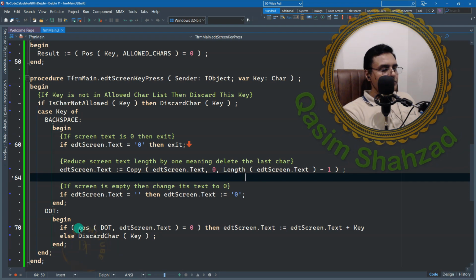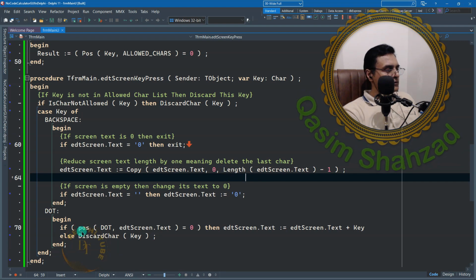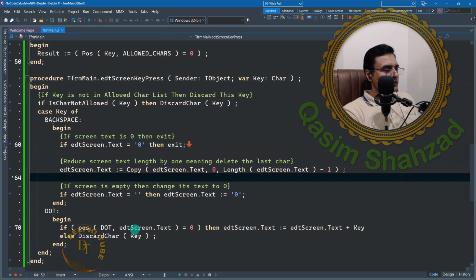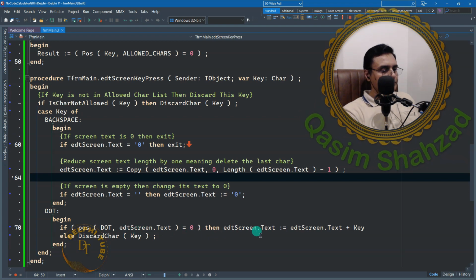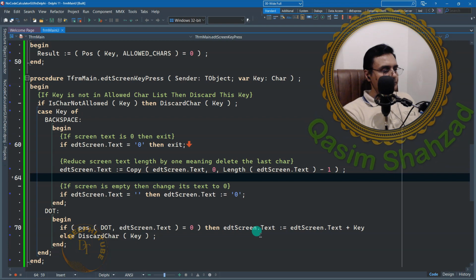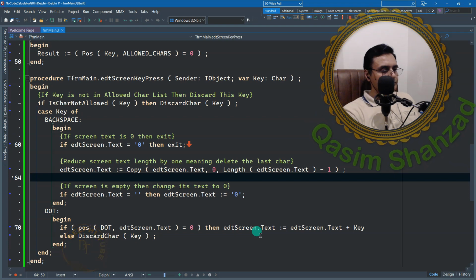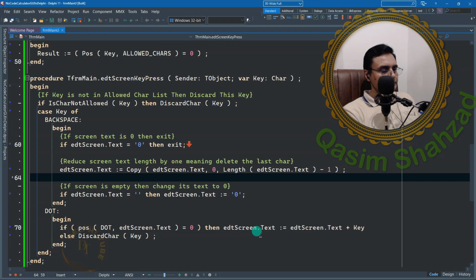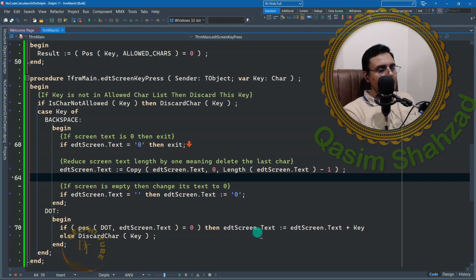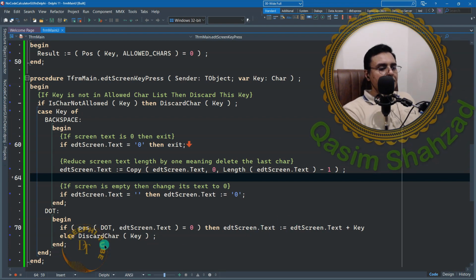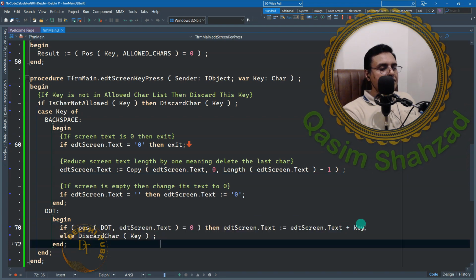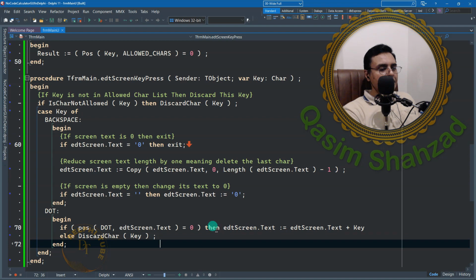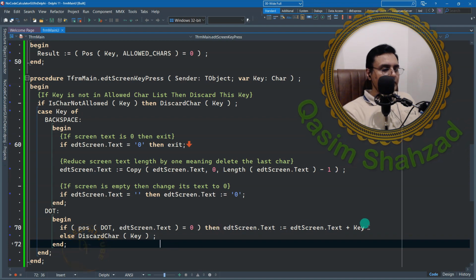Pos of dot in edt text is equal to 0. Well, the thing is, this code is working fine, but we are not discarding this key, and this key, after